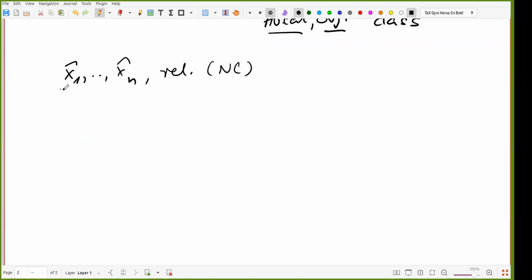And you consider this as some sort of basic coordinates. So A is generated by this modulo some relations. Maybe it's better to say A is an algebra. Then this algebra is